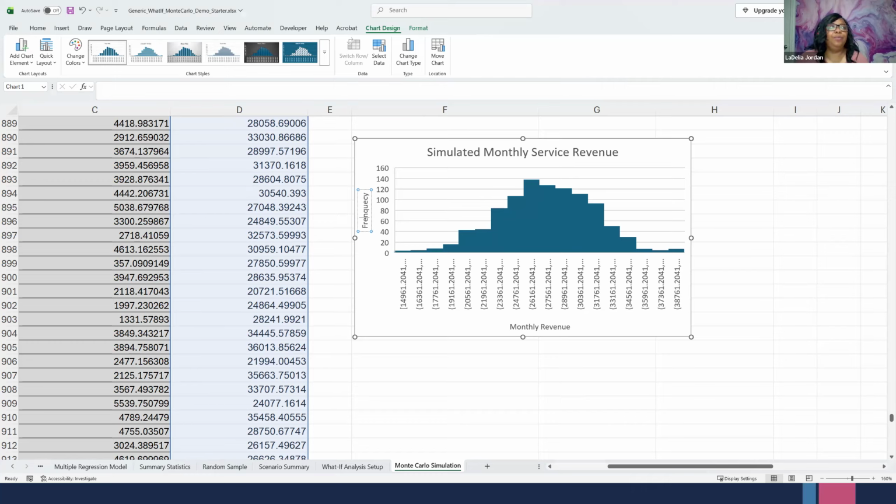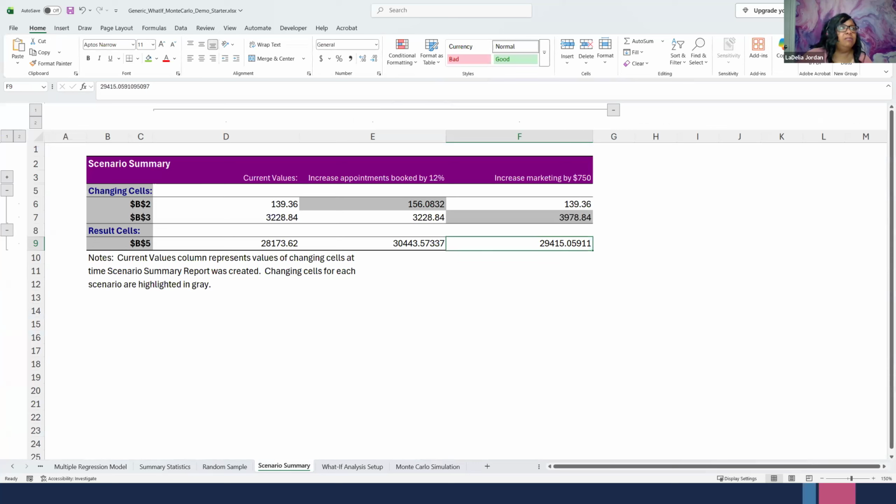Okay, so now we need to compare our results. So I'm going to start with the scenario summary. We're going to look at the baseline. The what if analysis compared our two specific business choices, and the baseline predicted the monthly revenue